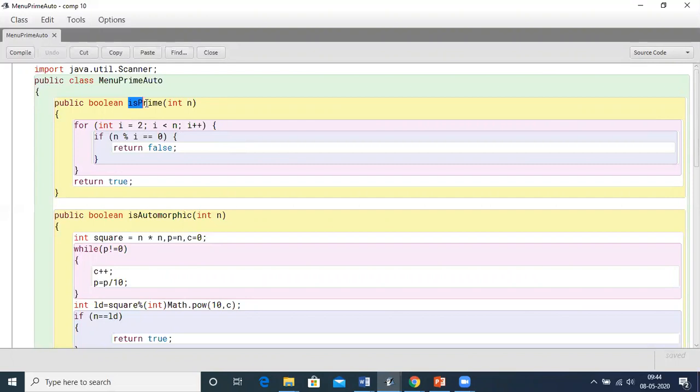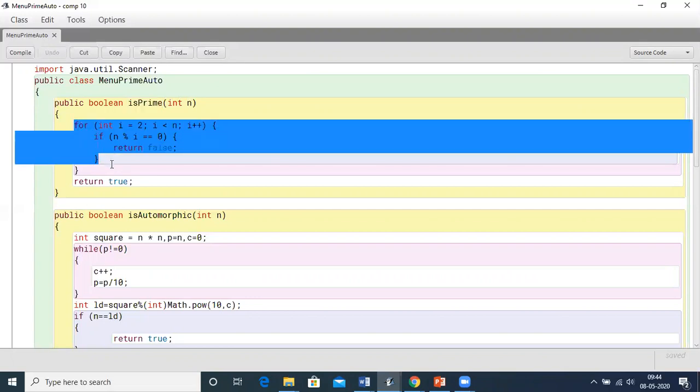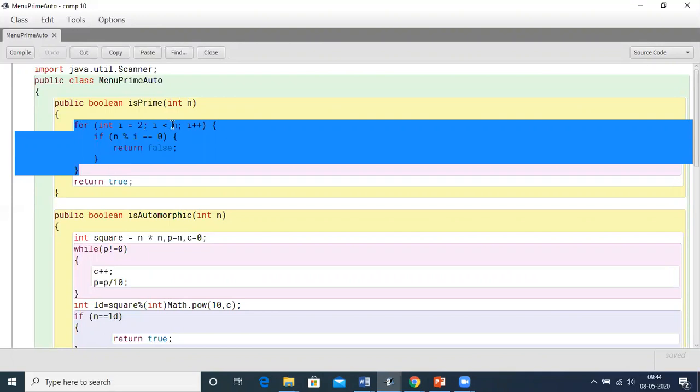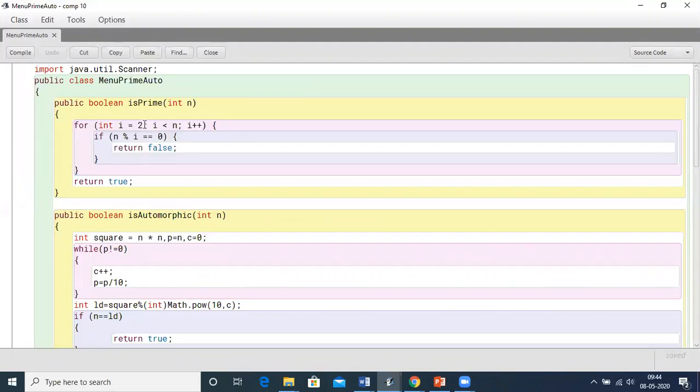The name of the function is prime, where I'm passing a number in the variable n, and it will be checked over here. In the same way, I'll take all the numbers between 2 and n. In a prime number, the number is divisible only by 1 and the number itself. So I have taken 2, which means I have not included 1, and less than n, which means I have not included the number itself.